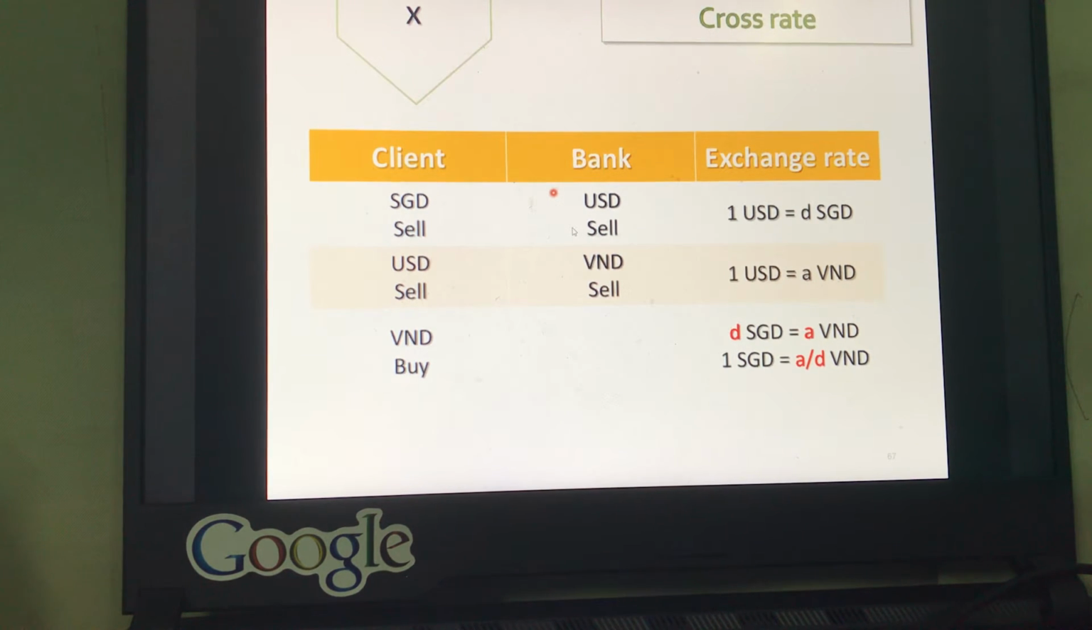Vietnamese đồng. And in the exchange rate dollar Singapore against Vietnamese đồng, dollar Singapore is the commodity currency, while Vietnamese đồng is the term currency. Okay, in order to compute x, we view a table that has 3 columns. The first column is the client transaction. The second column is the bank transaction, and the third column is the exchange rate information, or the exchange rate